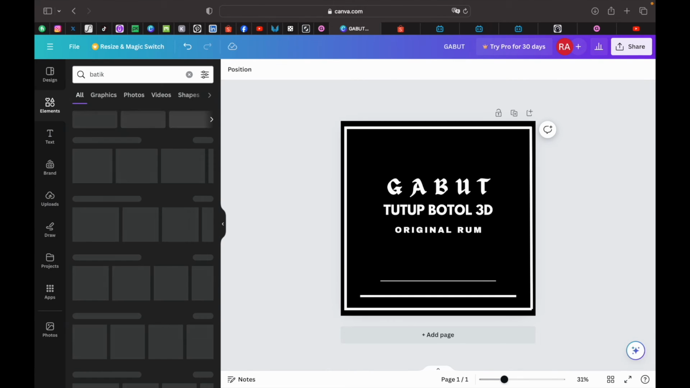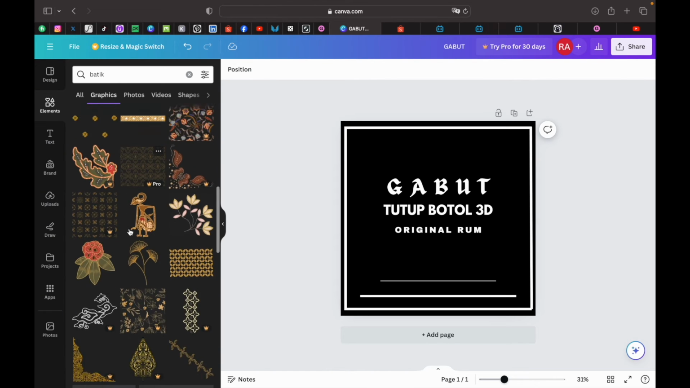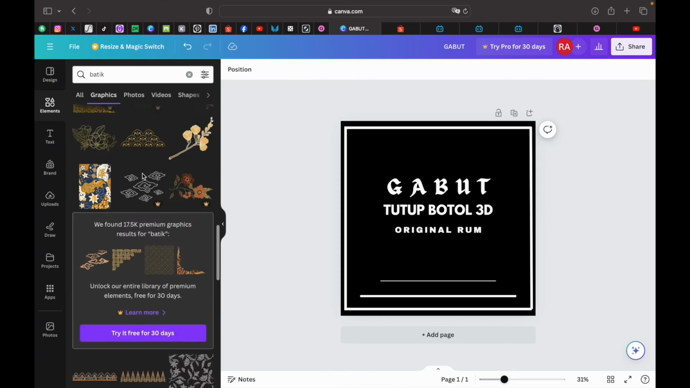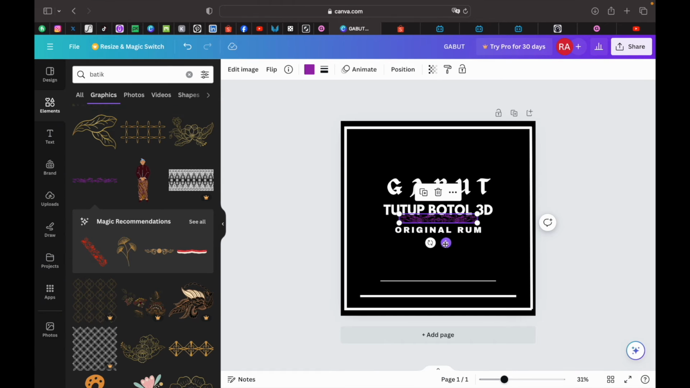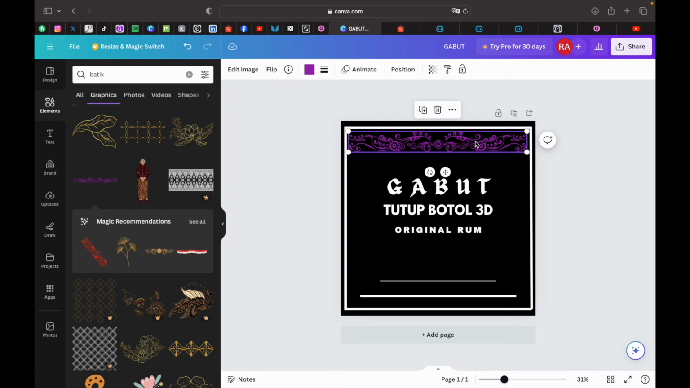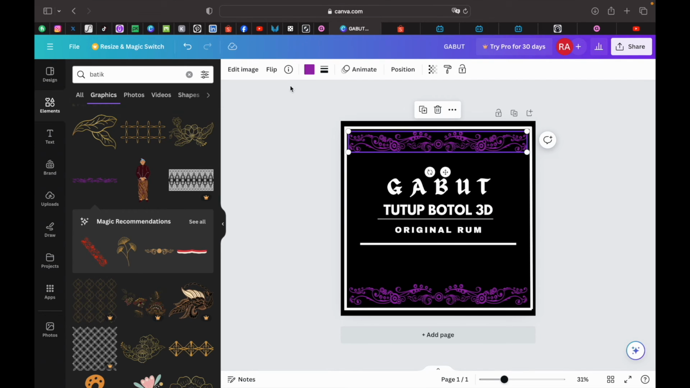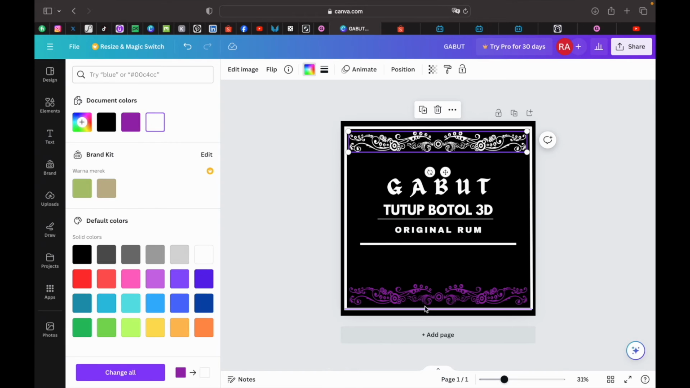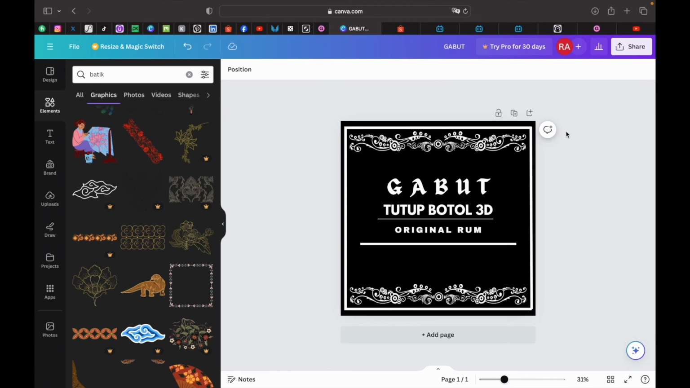Type here, Bottle, and see all here. Just use the free stuff. Probably I'm gonna use this one, and I'm gonna put it here. Scale this like this. Copy and paste, and change the color to white. I guess this is enough, and we can